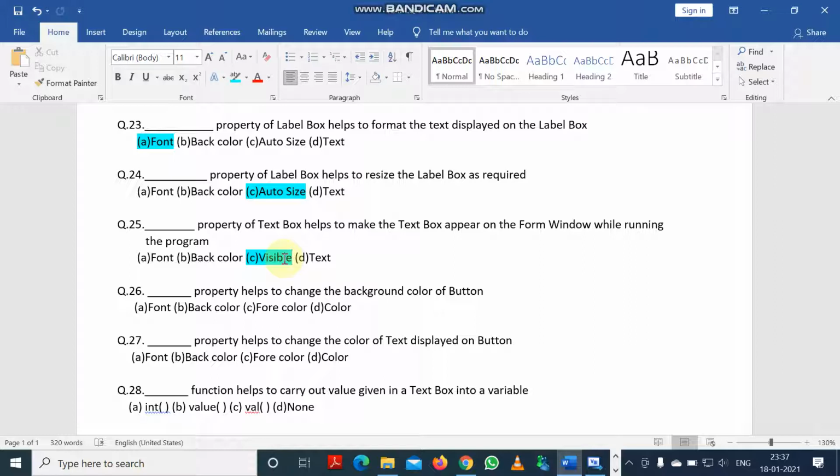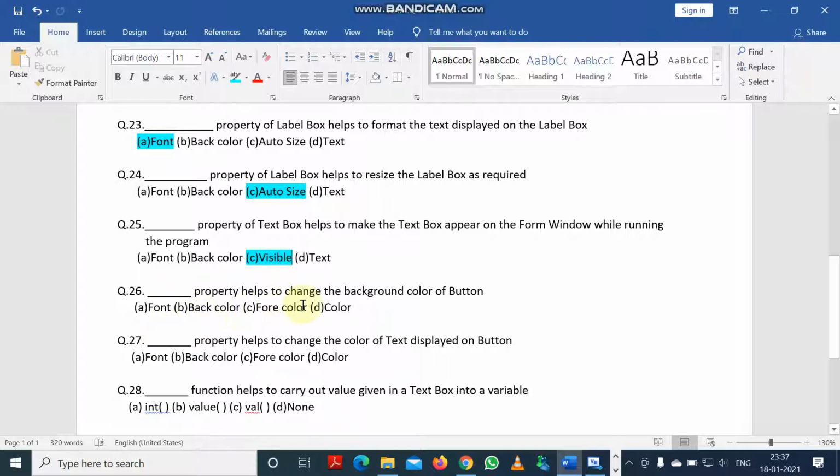If you give the value true in the visible property of a particular toolbox, then when the form is running and appearing as a window, that text box, label box or button will be displayed.